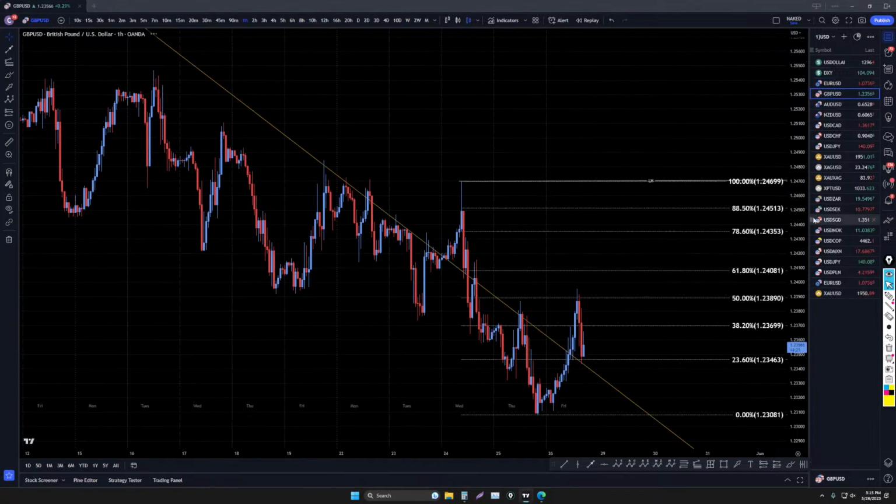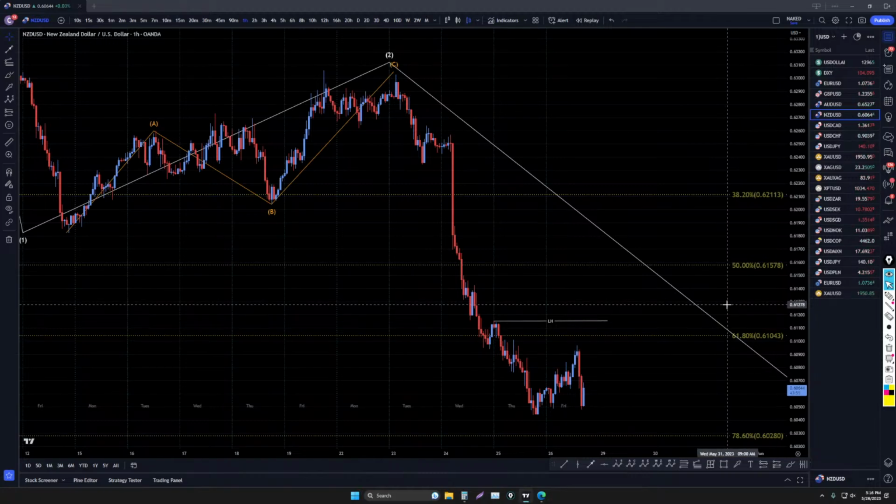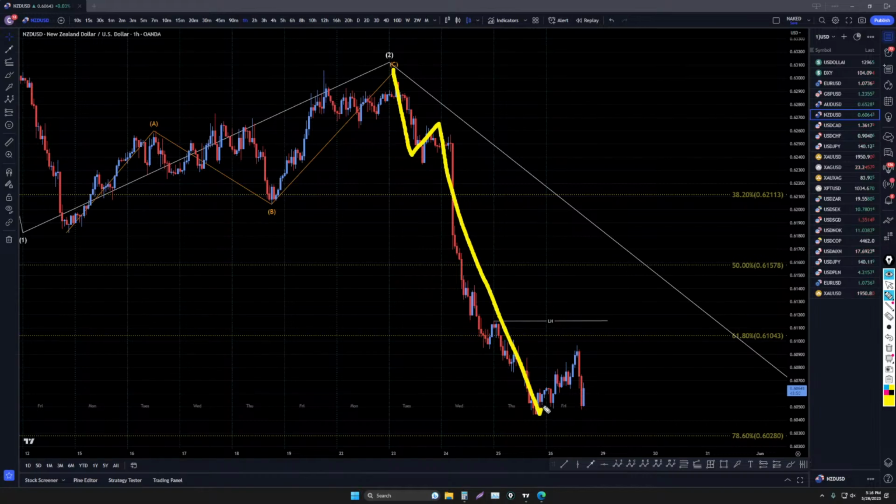But I do think that the euro is going to end up going up. I think that the pound is going to end up going up also, probably up to one of these fib levels, and it could even go up and break structure and make a bigger correction. If you remember, on my higher time frames, I'm definitely still very bullish on all these pairs, so I still think that eventually we're going to have to start switching back and looking for longs again for sure. The Aussie, probably same thing, probably going back up, at least to something like that, maybe even bigger. The Kiwi actually looks like it made a wave 5 already. It kind of looks like a 1, 2, 3, 4, 5.